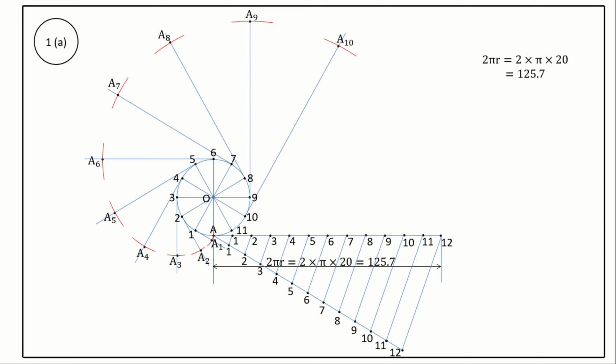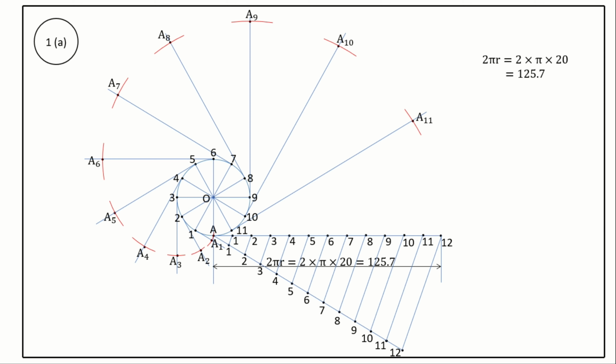Similarly, from the point 11 on the circumference of a circle, draw a perpendicular line to radial line O11. Take a protractor and draw a perpendicular line to O11 from the point 11. This line is tangent to the point 11. Take a compass, measure the length A11 on the horizontal line with center point 11 and radius of length A11. Cut an arc on the line tangent to the point 11. Mark the point as A11.